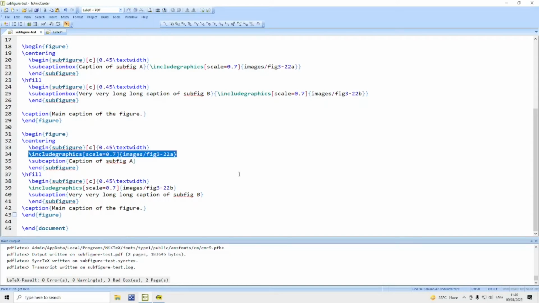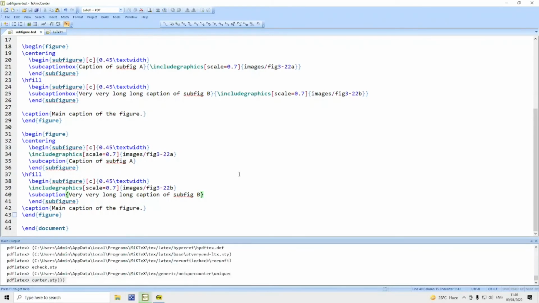First you give the include graphics command followed by subcaption, and not subcaption box as in the previous case. Similarly for the second figure. As before, let me use a very long caption for subfigure B.